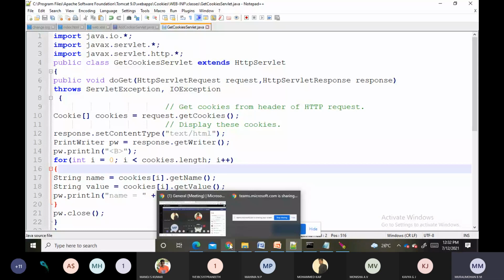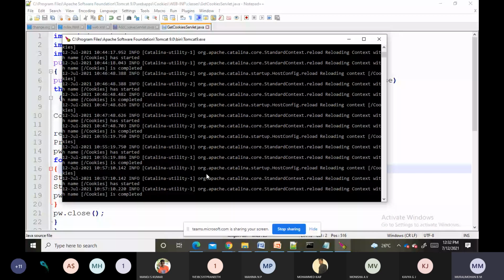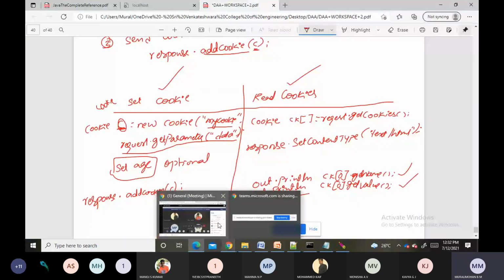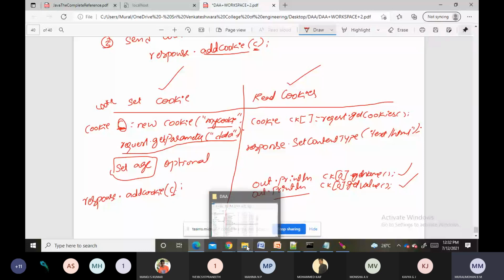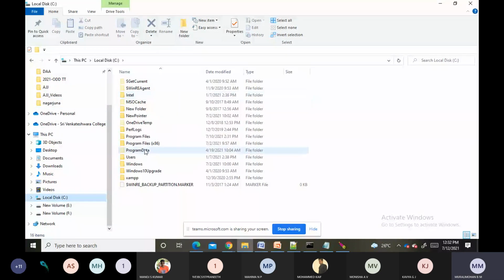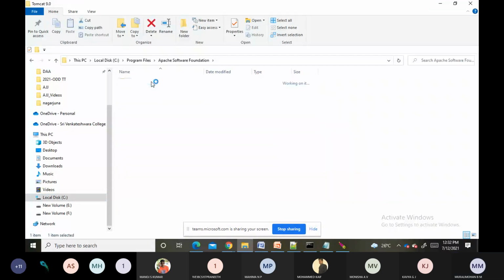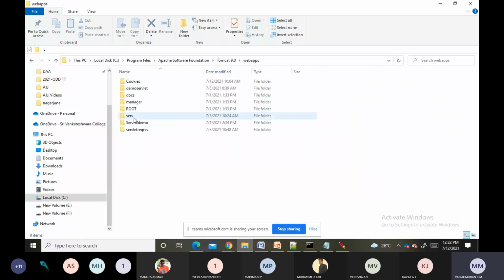Already the server is running, and I have set the path. I have compiled and generated the .class files. You can just observe here: Program Files, Apache Software Foundation, Tomcat 9.0, and here webapps. Here I am making a folder called cookies.